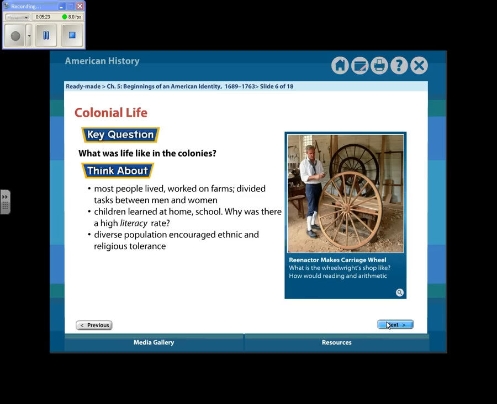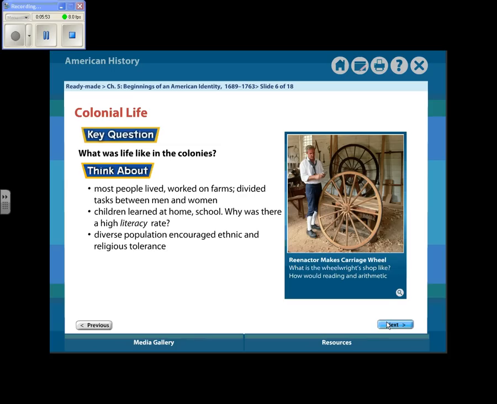Children, for the most part, they learned at home. Men or boys could go to school. There was no free education, as your book stated erroneously, but there were schools, and generally the teacher at those schools were men. It was very rare to have a female as a teacher. Women did teach their children how to read in the home setting, and that was basically the only reason why women were taught to read and write, is so that they could teach their children, especially their male children, how